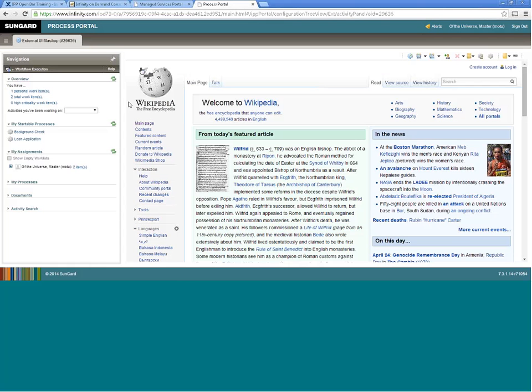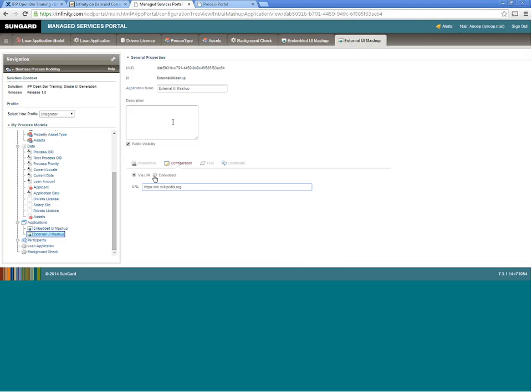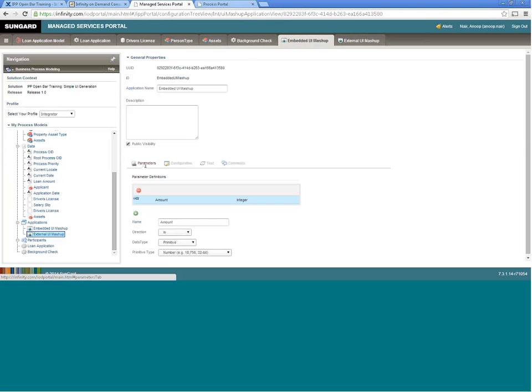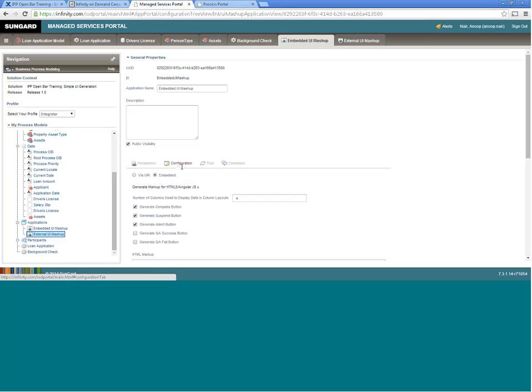Okay. Now let's look at yet another flavor of this, wherein I want to embed the markup for this external activity as part of my application itself. So I have another example here, which is the embedded UI mashup. And a couple of notes over here. So firstly, in order to see these configuration and test tabs